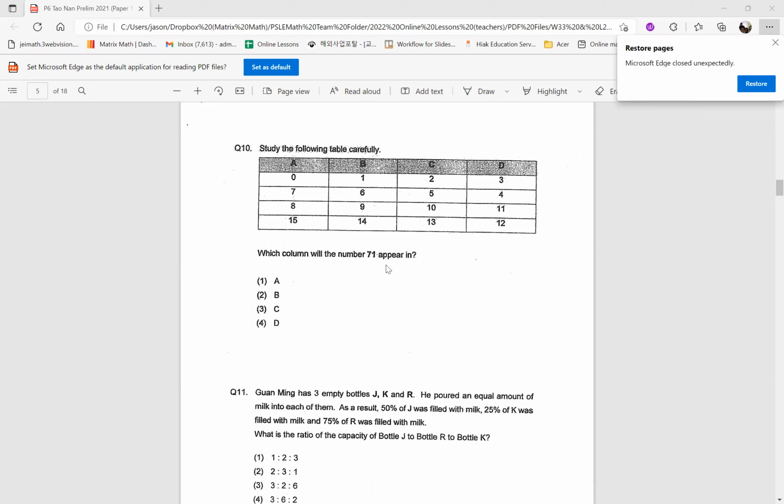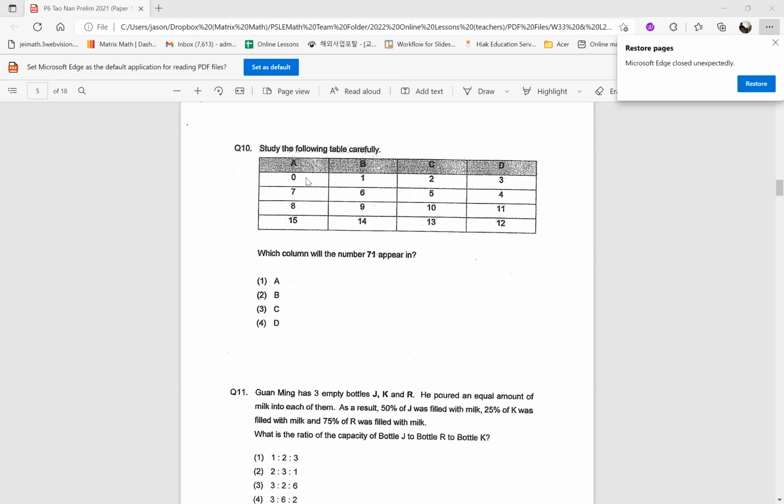But if you do not want to, let me teach you the calculation method instead of listing. What if it's not 71? What if it's 170 something, right? Then you're not going to do this. So if you are going to solve this question using calculation, you need to identify